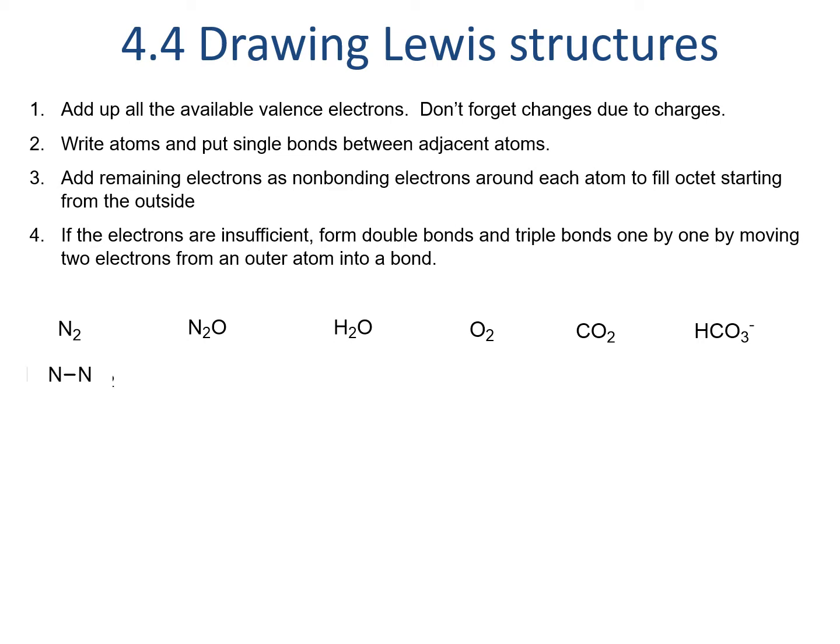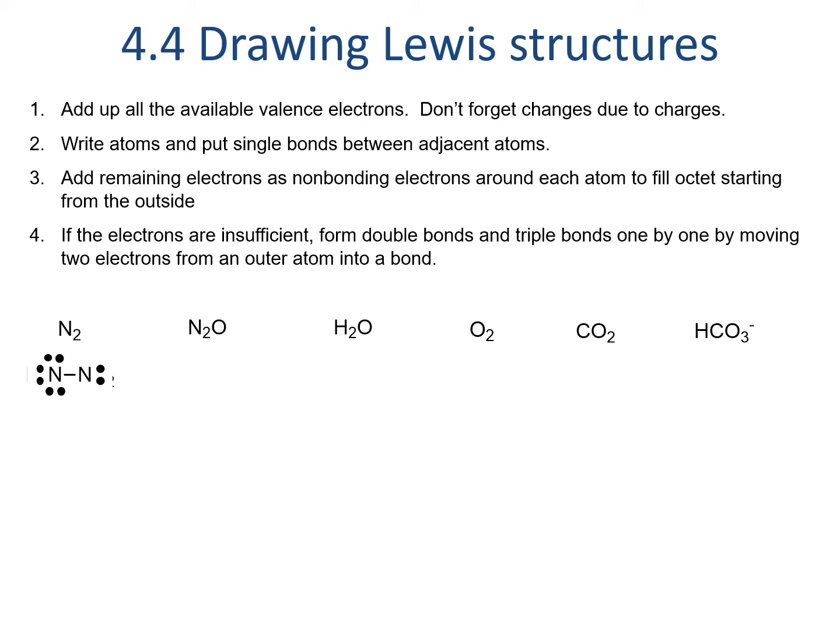We draw out the 2 nitrogen atoms with a line between, accounting for 2 electrons. We have 8 electrons remaining, and we'd add 6 of those 8 remaining electrons to one nitrogen to fill its octet, and we'd add the other 2 to the other side. This gives us 10 electrons, so we can't actually add any more. However, the nitrogen on the right doesn't have an octet yet, so it needs to have at least a double